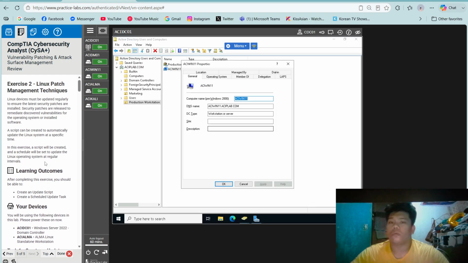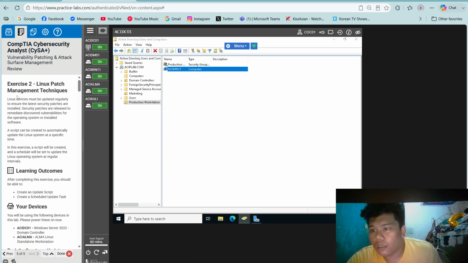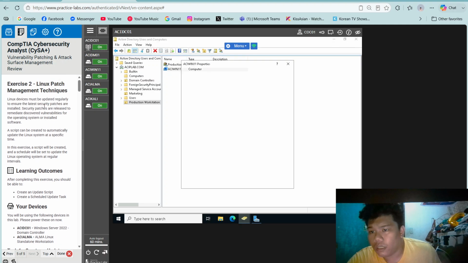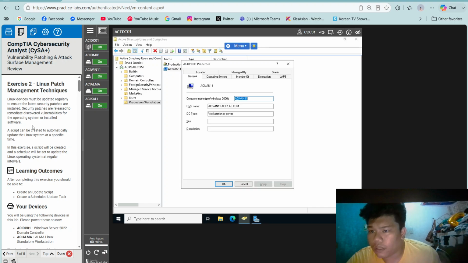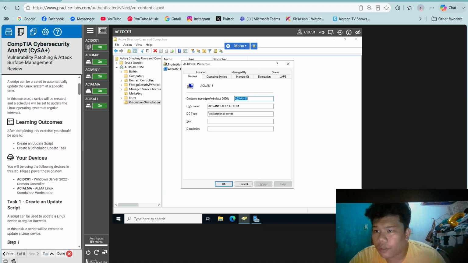So exercise 2, Linux patch management techniques. Linux devices must be updated regularly to ensure that the latest security patches are installed. Security patches are released to remediate discovered vulnerabilities for the operating system or software. A script can be created to automatically update the Linux system at a specific time. In this exercise, a script will be created and a schedule will be set to update the Linux operating system